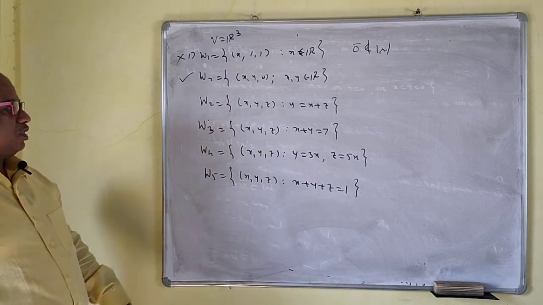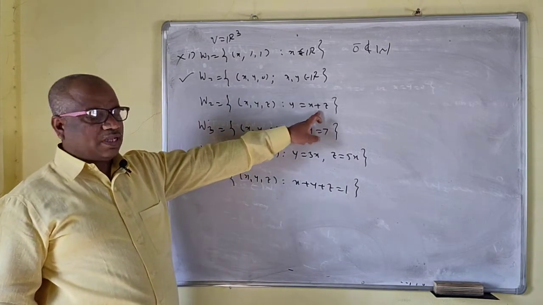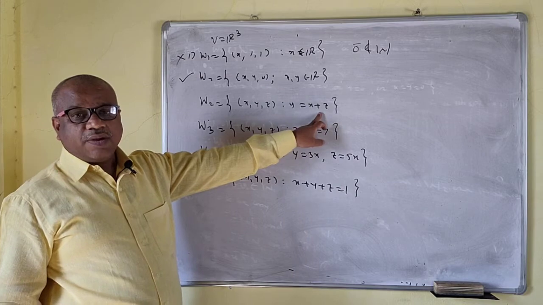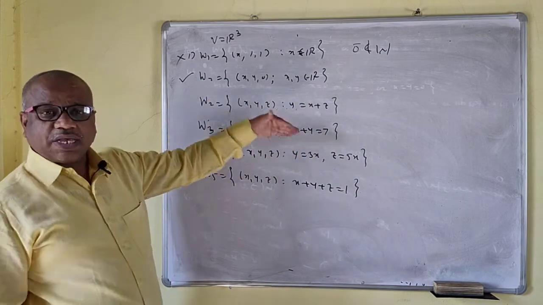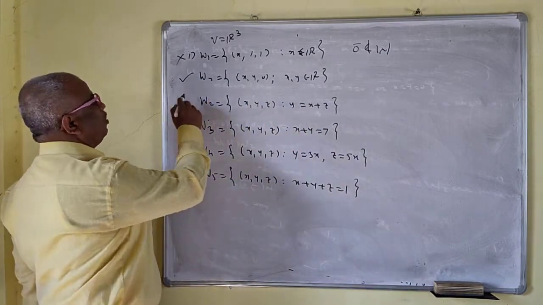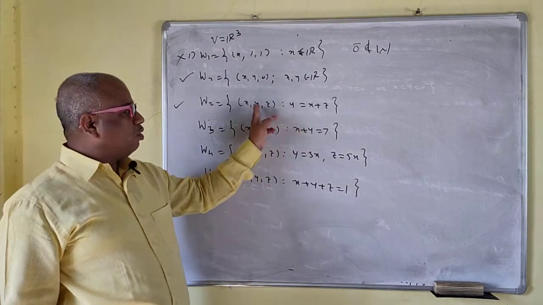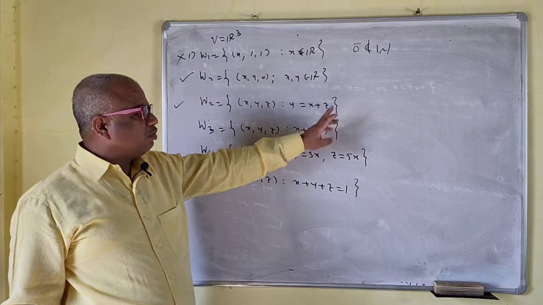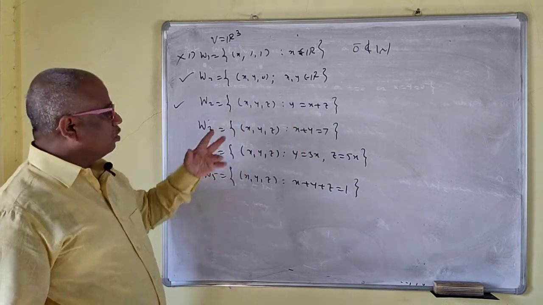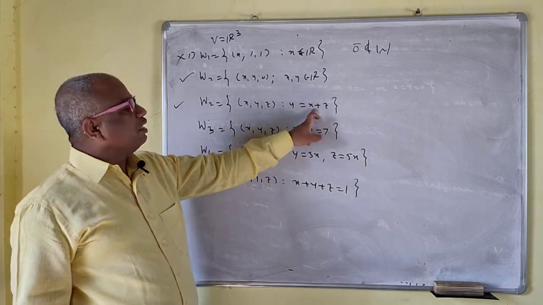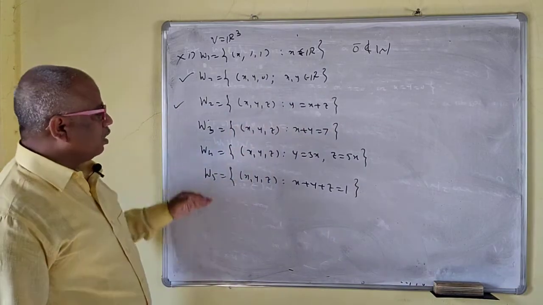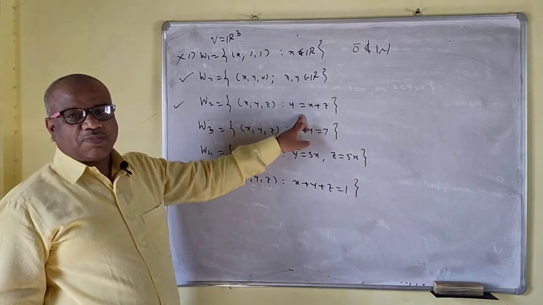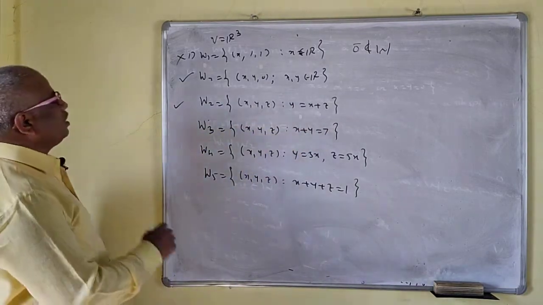So this is x minus y plus z equal to 0. That is the plane passing through origin. So this is the subspace, because 0 bar belongs to W. If you take the sum, x1 plus x2, y1 plus y2, z1 plus z2, the sum is also in it, and if you multiply by k, it is the same. So this is the equation of a plane passing through origin, which means this is the subspace.